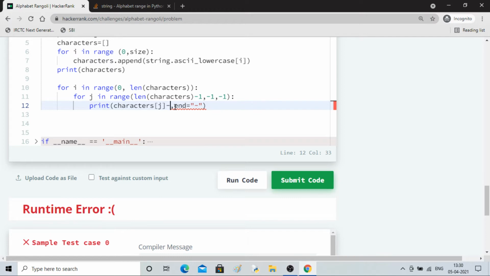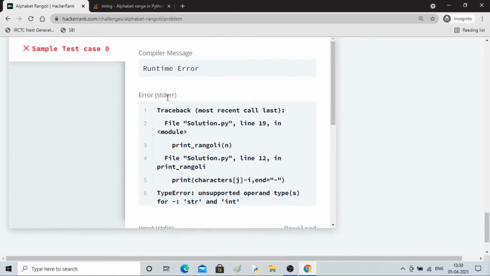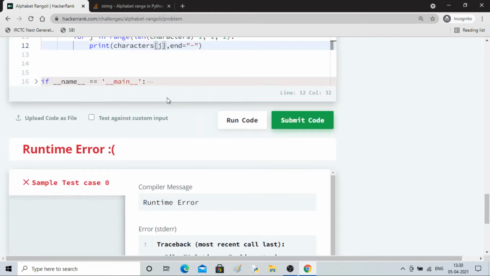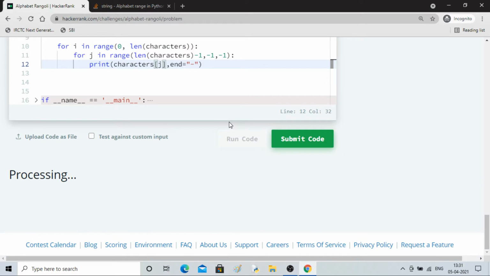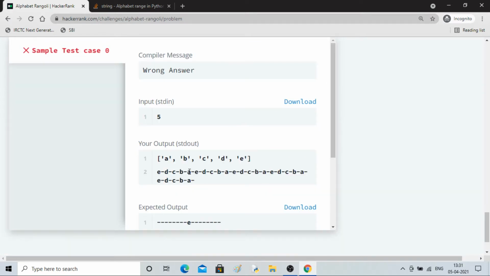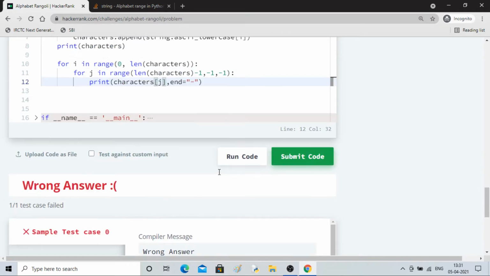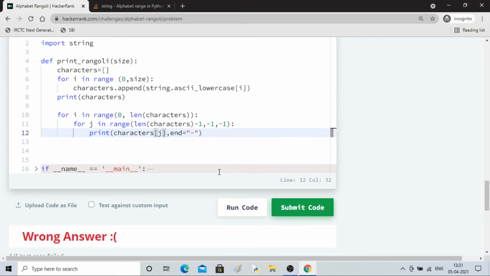I'm not able to come up with a logic. So I'll just print it. It's coming right, edcba dash, then it should go edcb just till b. So this I have to play with.